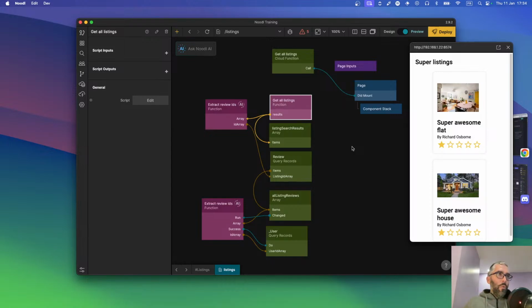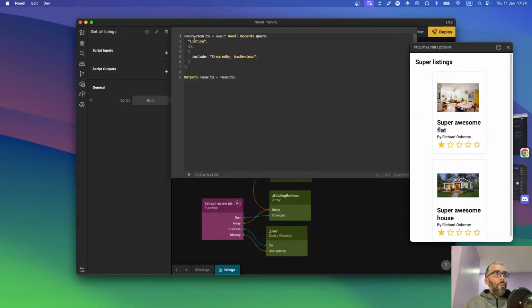Bubble automatically stores things from queries and then reuses them if you do the same query somewhere else, so it doesn't have to do the same query twice. But you don't have control over that. Whereas with Noodle, you have the full control. You can say, okay, I'm going to do a function on page load. The function is going to be, why am I doing it in here instead of a query? Because I want to use the include parameter